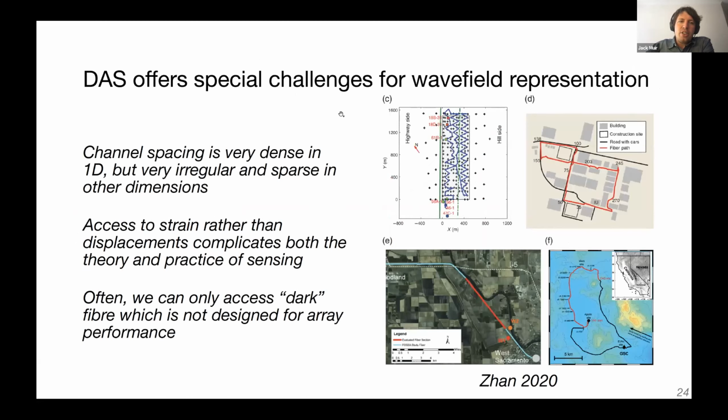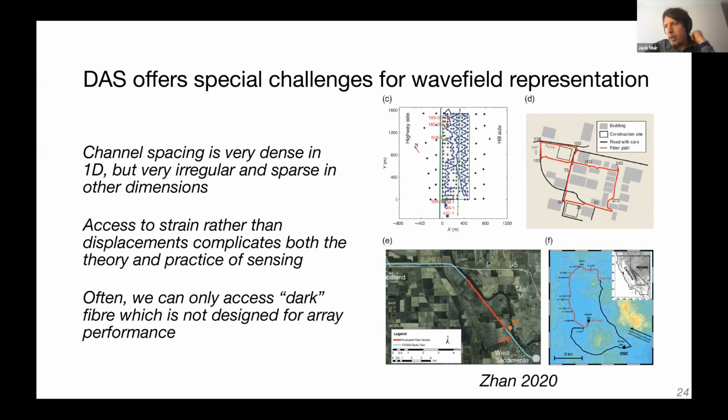So specifically, the channel spacing is very dense in 1D, but irregular and sparse in the other dimensions. We have access to the strain rather than the displacements, which is sort of a strange quantity to look at, which complicates the theory and practice of sensing. And often